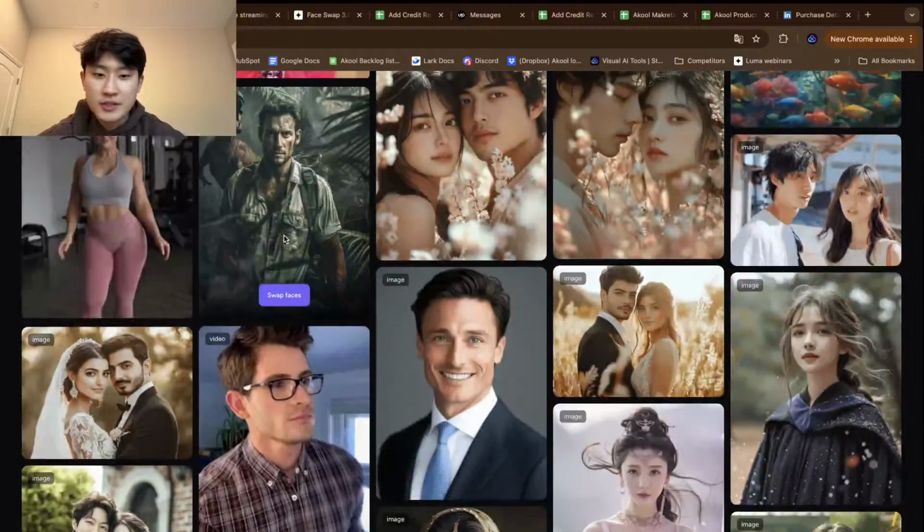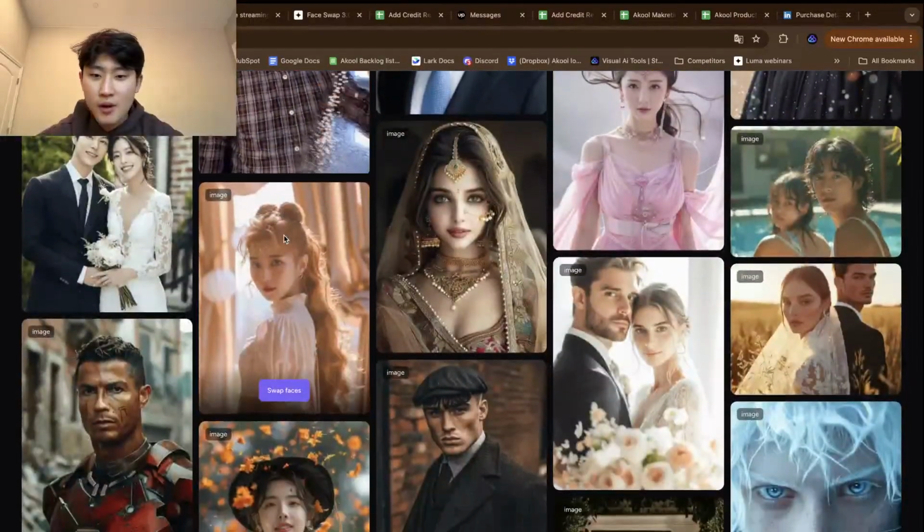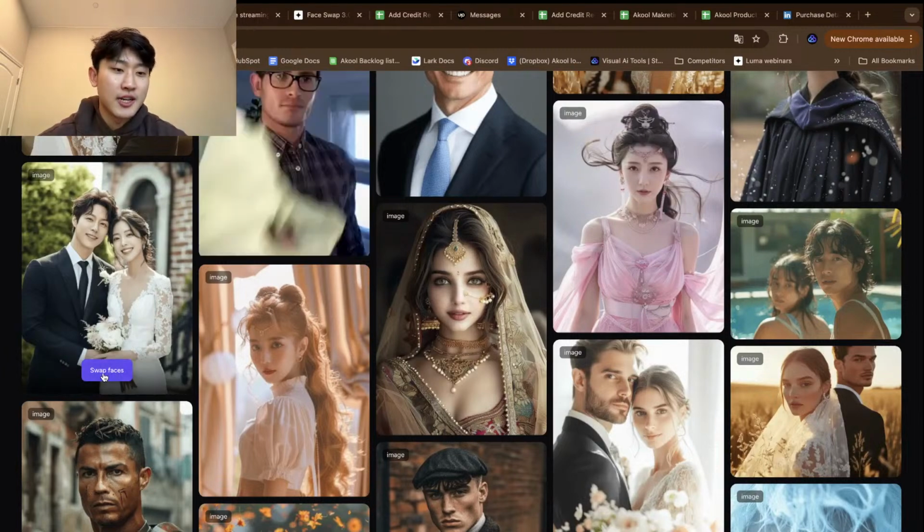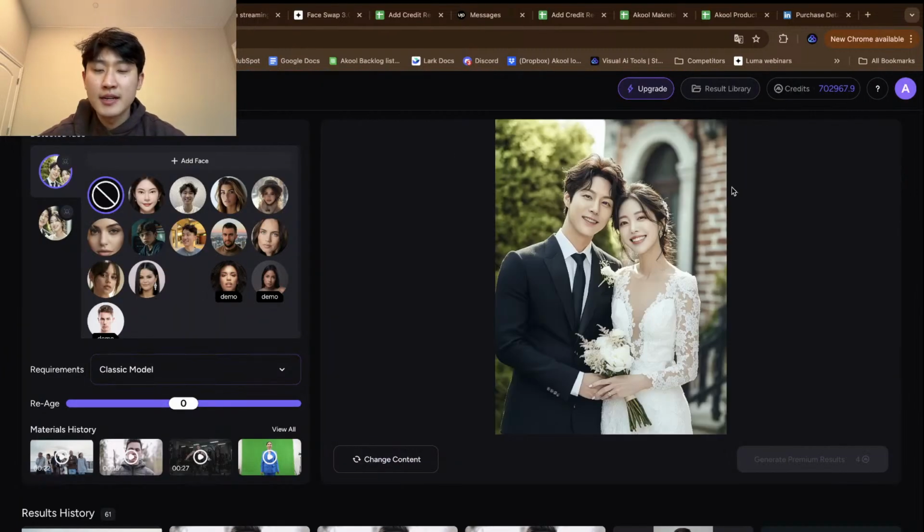And what you can do is, let's see, if I want to be in this wedding, I can just click on swap faces and it automatically uploads it to here. And what you can do from here is add faces by clicking on plus add face. And once you do, you can just